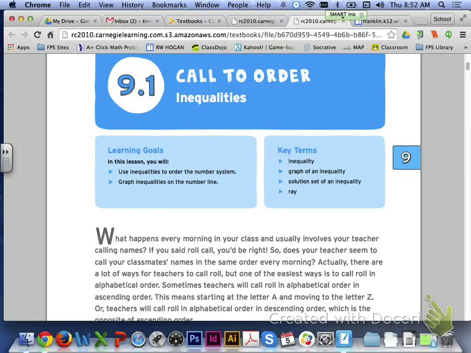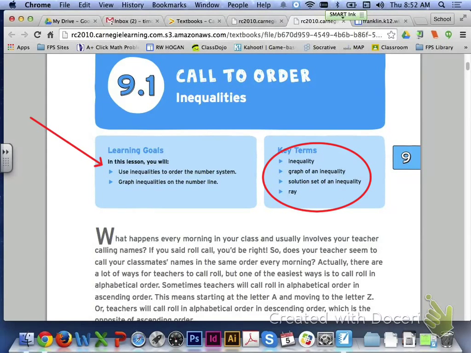Hi class, in Chapter 9 our focus is going to be on inequalities and equations. In Lesson 9.1 we will start off talking about inequalities. Learning targets for today, we will use inequalities to order the number system, and we will also graph inequalities on